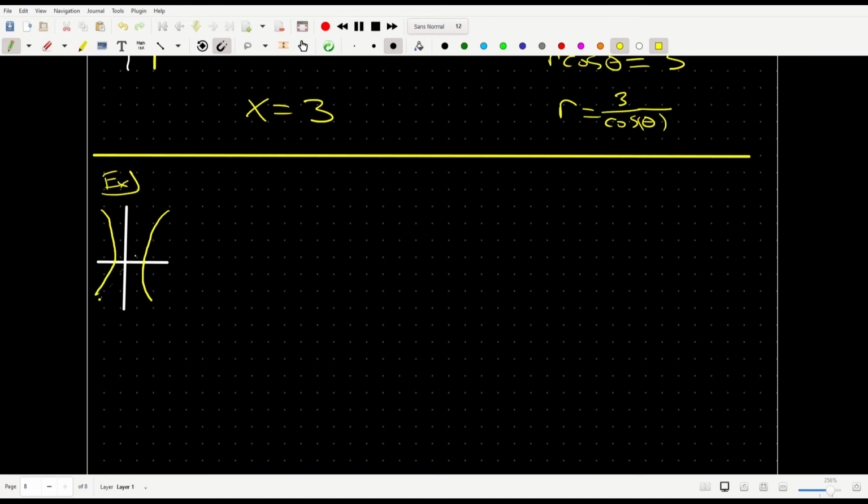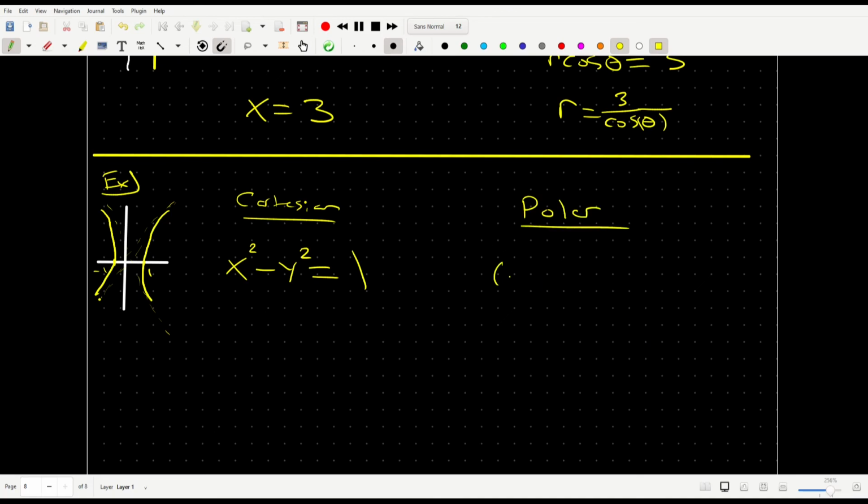You have an asymptote right here, and you have an asymptote right here. And this is x equals 1, x equals -1, right here and right here. This has the Cartesian equation x squared minus y squared is equal to 1, which in polar coordinates